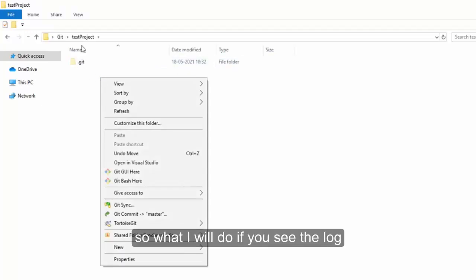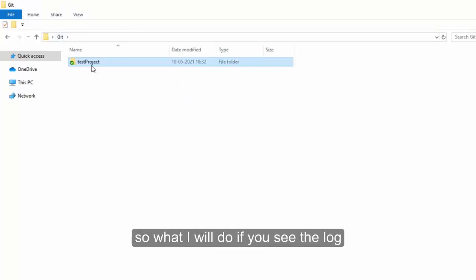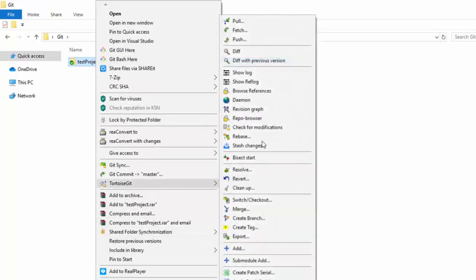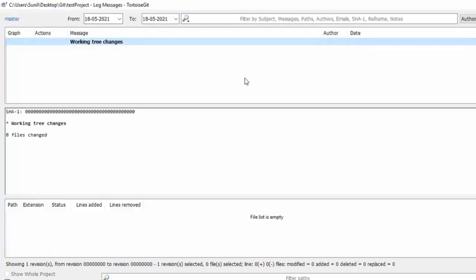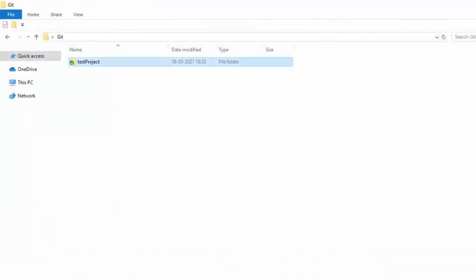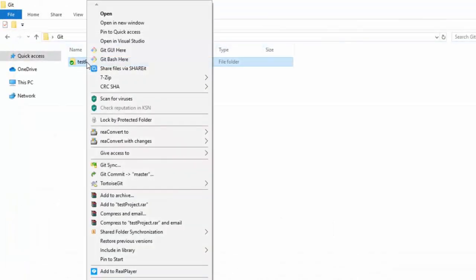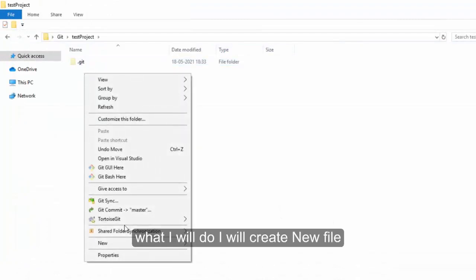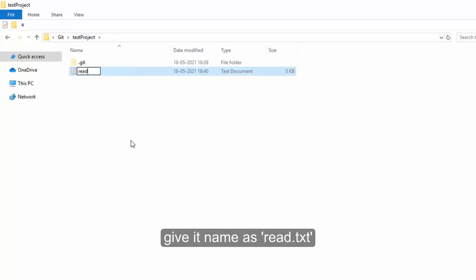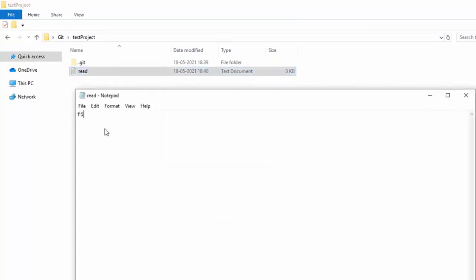So what I will do, if you can see the log, there is nothing committed here. So I will create a new file. I will give it the name read. I will write for me.